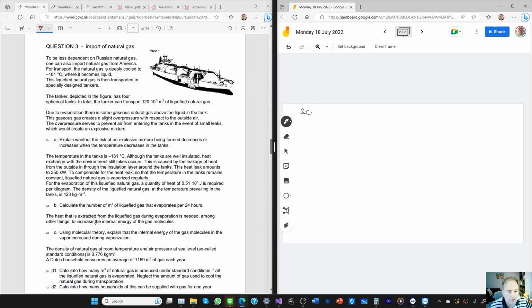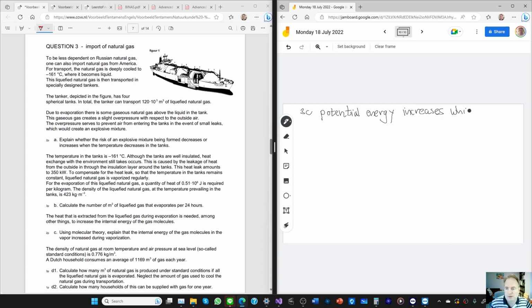Well, I need to break the bonds between the molecules in a gas, which increases their potential energy. You kind of need to pull them apart. So potential energy increases,